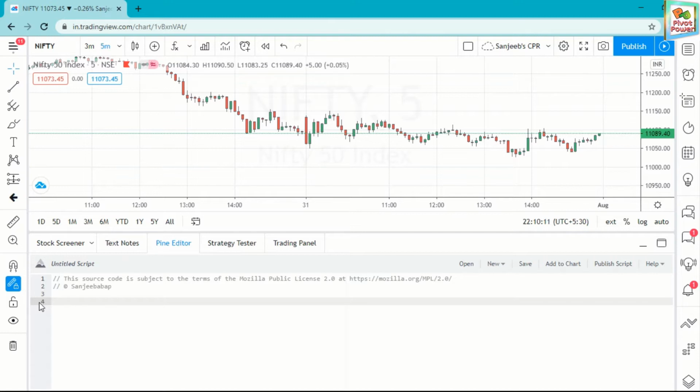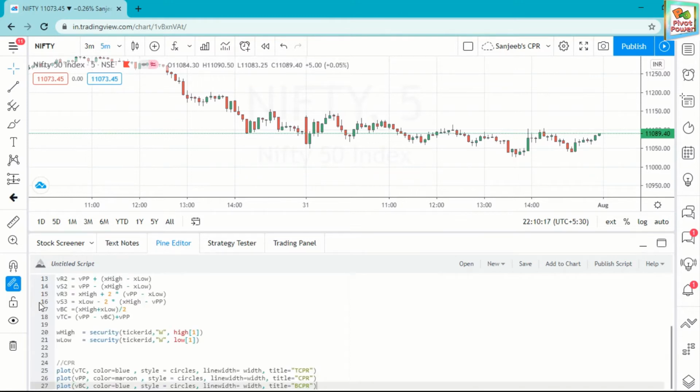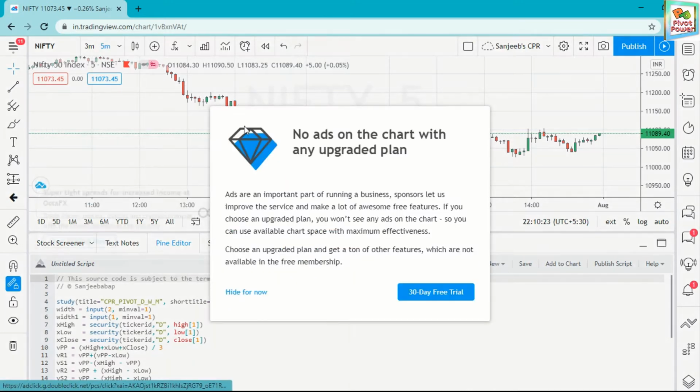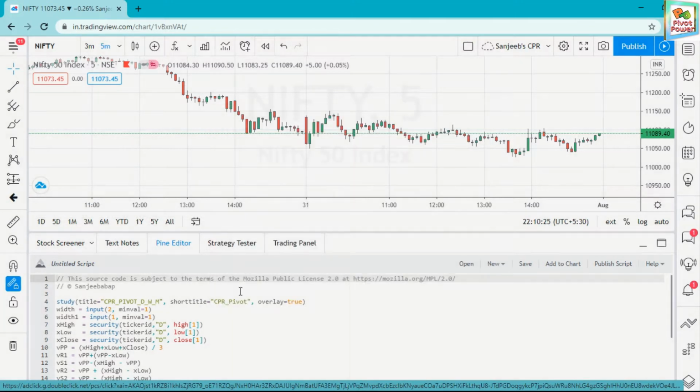I have already coded this. I have noted it on my notepad and I have pasted it here. See, for CPR I have this much coding.